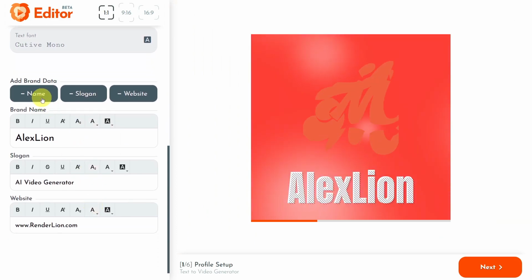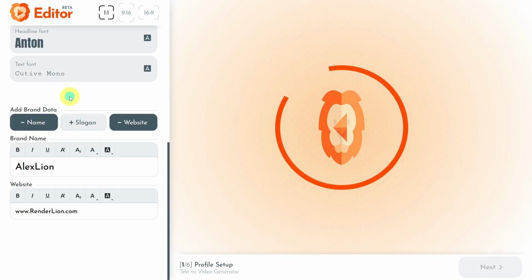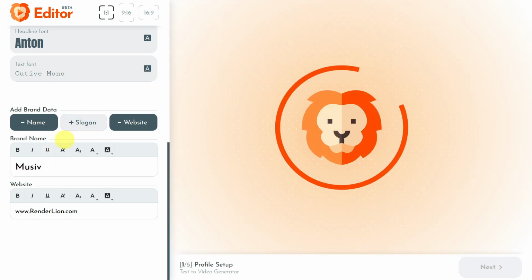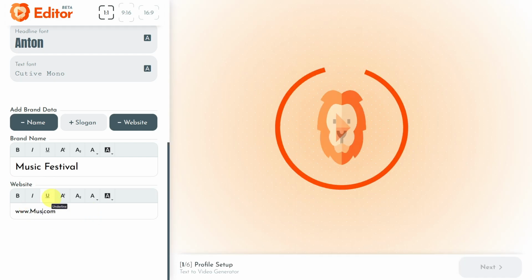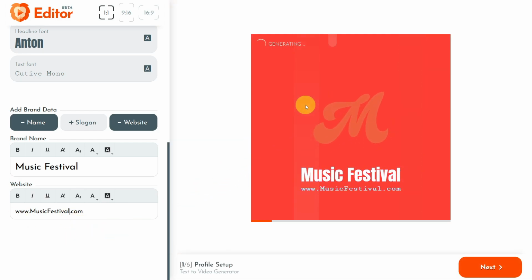Now, I will set up my brand data, but you can skip this by removing the name, slogan, and website. In my example, I updated the brand name to Music Festival and the website to musicfestival.com to show you how to convert words into a music festival video announcement. Once I have finished my profile, I will proceed to the next step by clicking the Next button from the